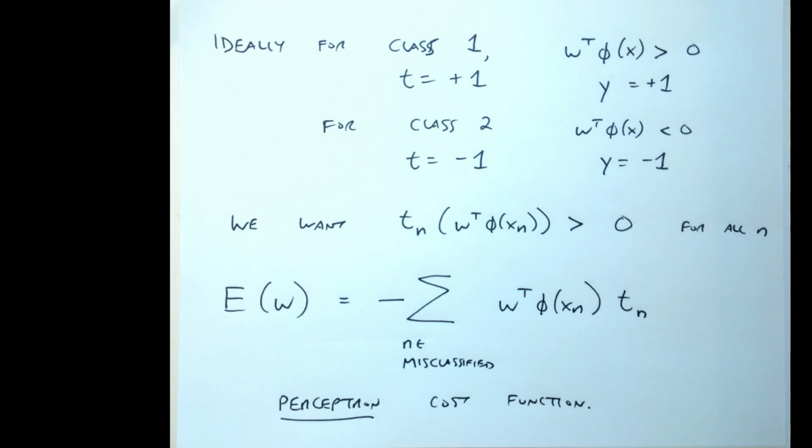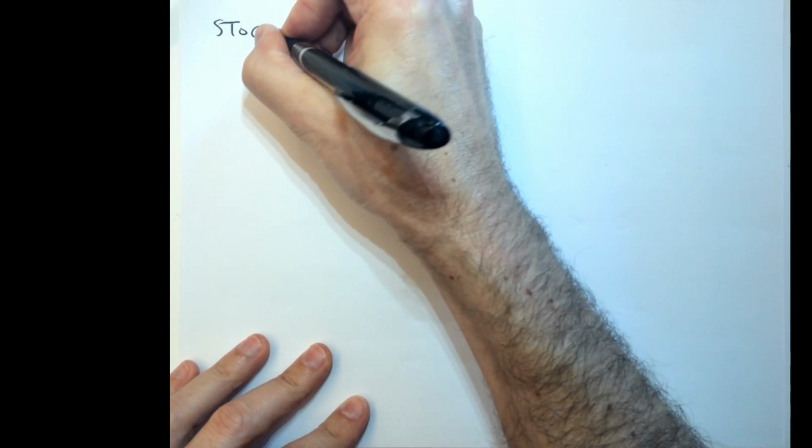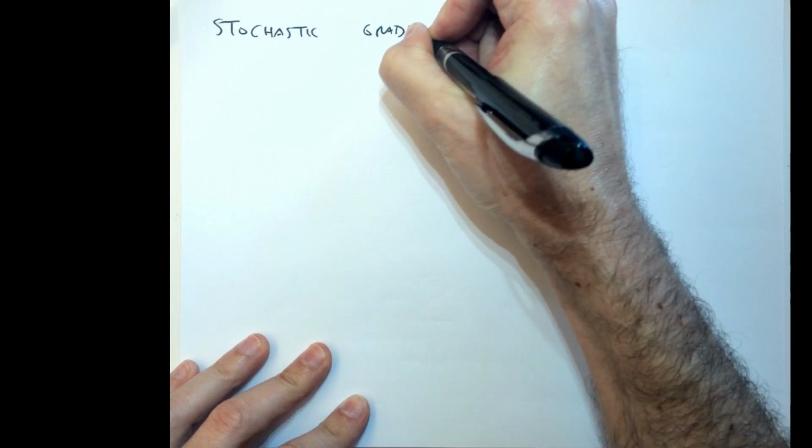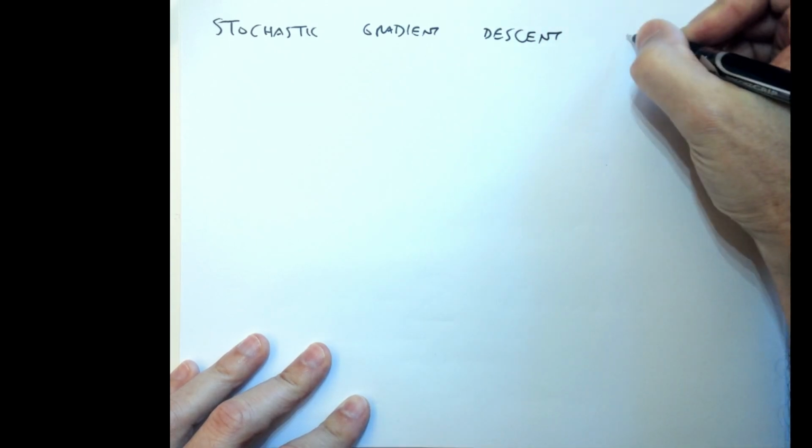And so how can we minimize this cost function? Well, you could minimize it with things like gradient descent and so on. But one thing that makes it very easy to minimize is this point-by-point method that we talked about earlier called stochastic gradient descent. The very simple idea that they came up with in the 1950s, this guy Rosenblatt, was that if this was my cost function, I could start with some initial W, some initial weights, and then I would evaluate point by point. If I'm correctly classified, don't do anything. If I'm misclassified, take a step along the gradient for that point. I just keep on doing that. So the function is super easy, right? Stochastic gradient descent, one point at a time applied to this